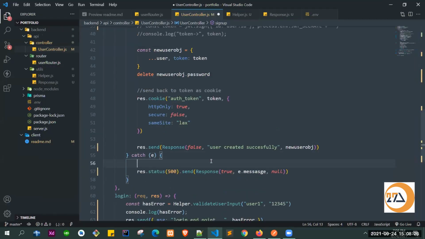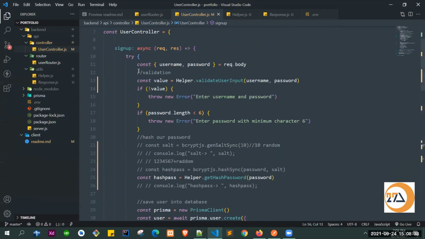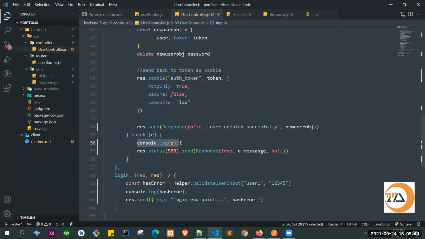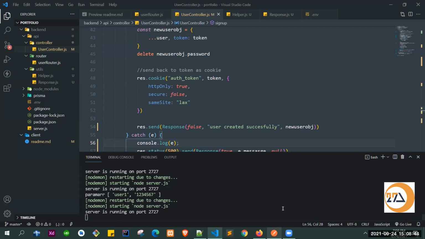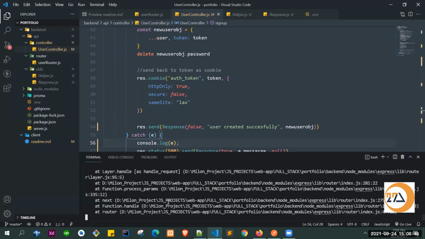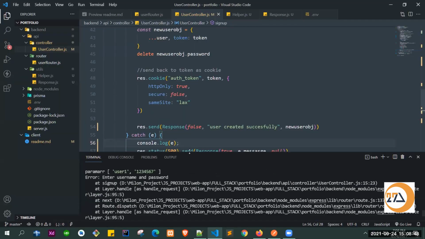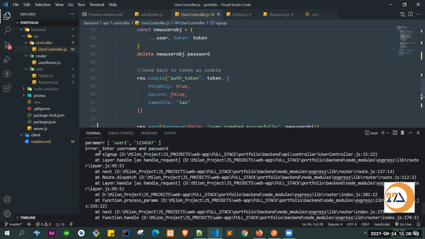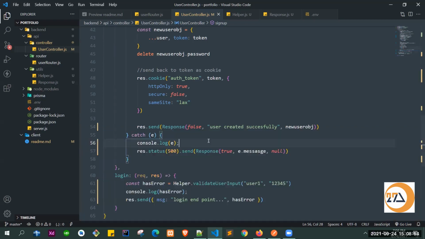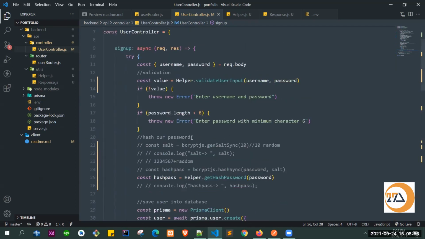To understand the error, it's better that you log the error here. We are console logging the error inside this try catch block. Let's try again. We get some error, as you can see here. We are getting that enter username and password, but I think we have already done that.